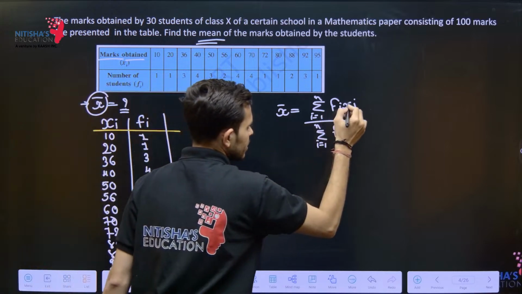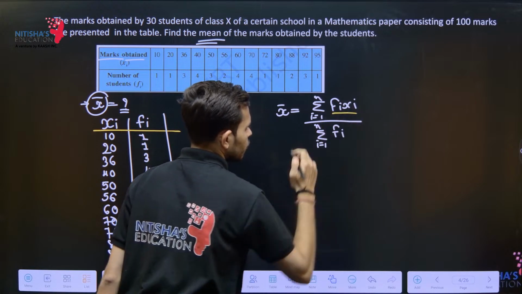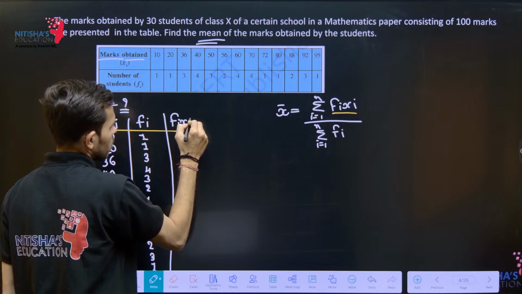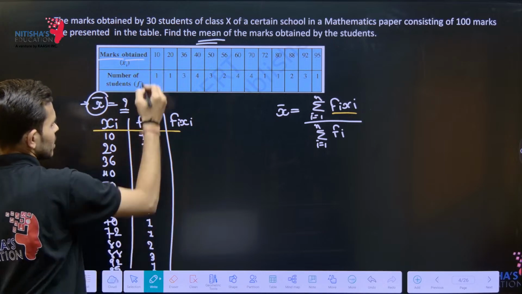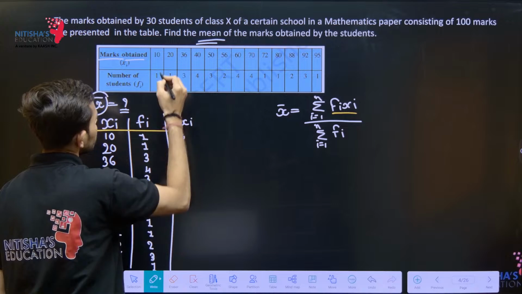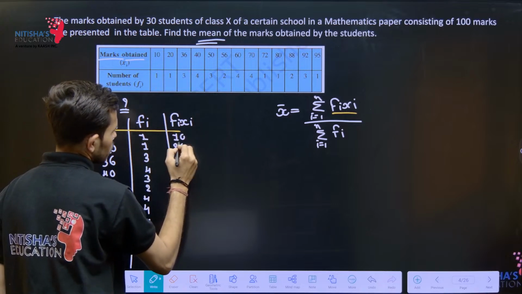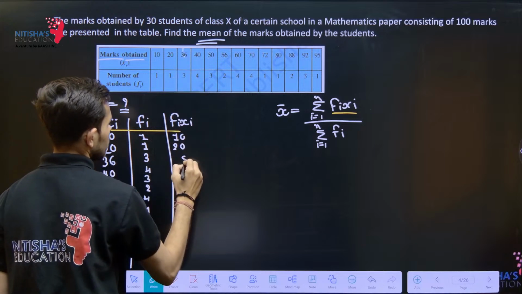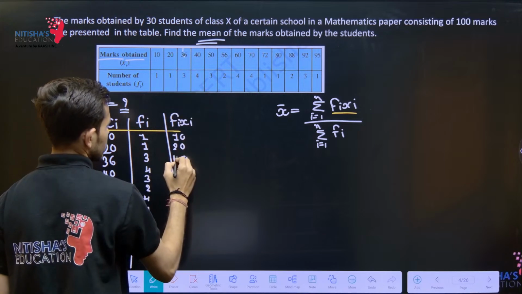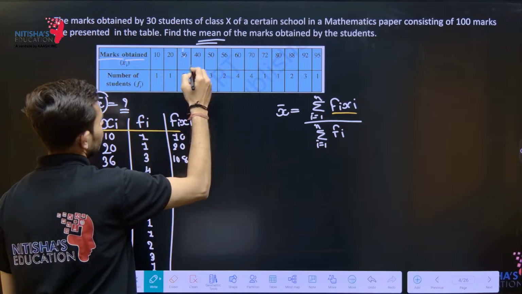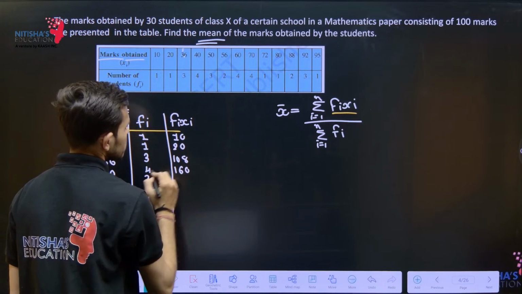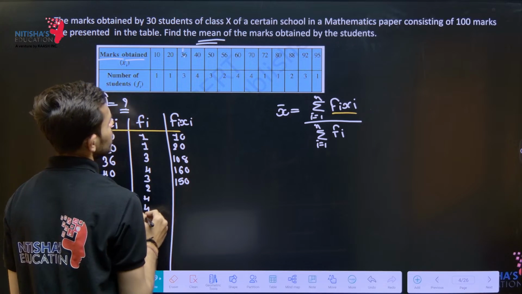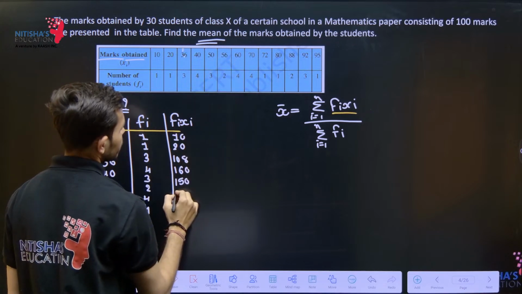We need to find this product fi xi, so let's find it out. 10 ones are 10, 20 ones are 20, 36 threes are 108, 40 fours are 160, 50 threes are 150,